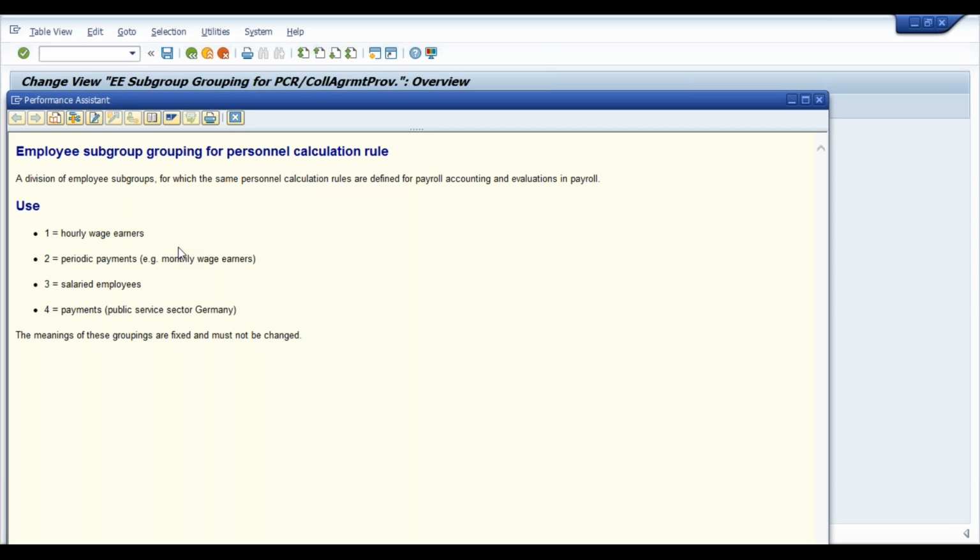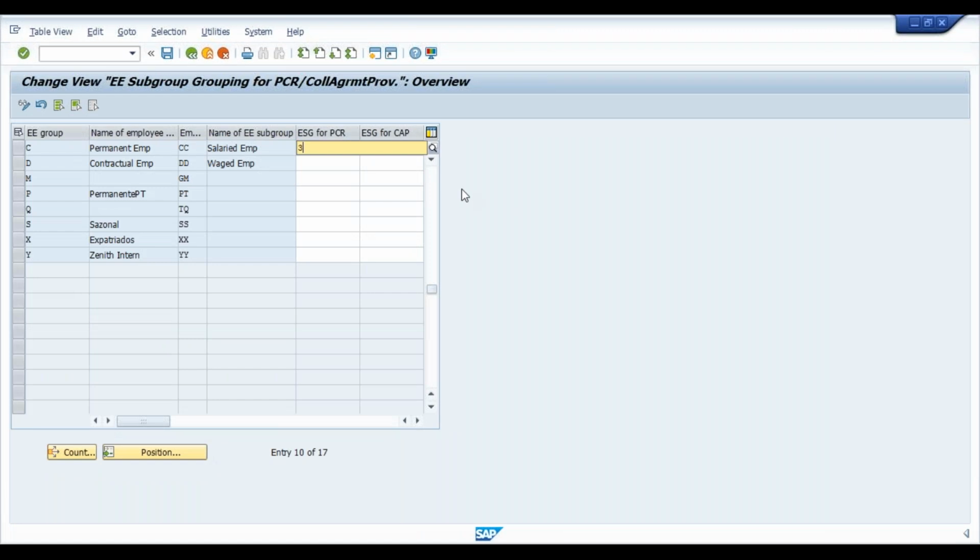The first option is for hourly wage earners, second is for periodic payments, third is for salaried employees, and fourth is for payment whether it is public service sector. So I'll select salaried employees, number 3. Close this, enter 3 in this ESG,